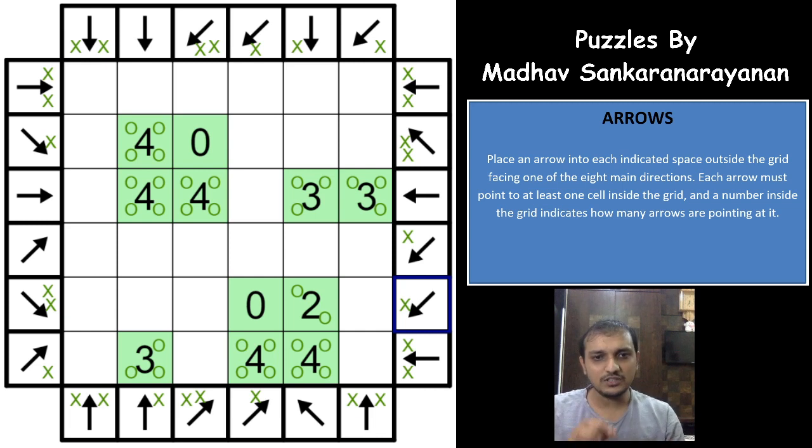The most important thing in an arrow puzzle is a notation. If you forget how many arrows a number is pointing to, then you will have to count again and again, and that will actually waste your time. So whenever you solve an arrow puzzle, do look out for notations, and this is how the logic works, right?